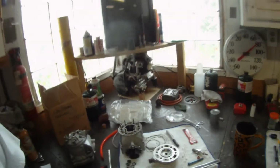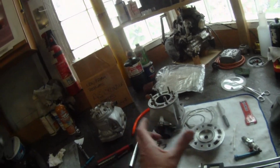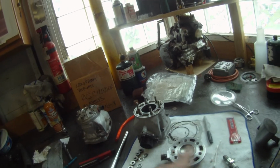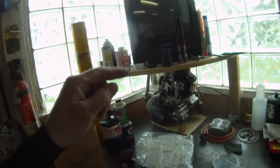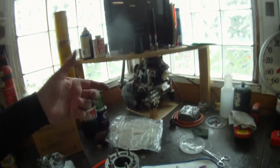So what we did is I took it with me, and Dennis took a brand new piston. I think it was a 9.3 piston, and he measured the biggest part, which was at the skirt. He's got a holder that holds a digital micrometer. He gets the size, and then he'll lock it in, and you'll see the digital number 5393. Then he'll take his bore gauge and put it in between the points, rock it back and forth, and zero out the gauge at the top. Then you put it in the cylinder, and what the numbers on the gauge tell you is basically the difference between the 5393 here and the size of the jug in thousands,